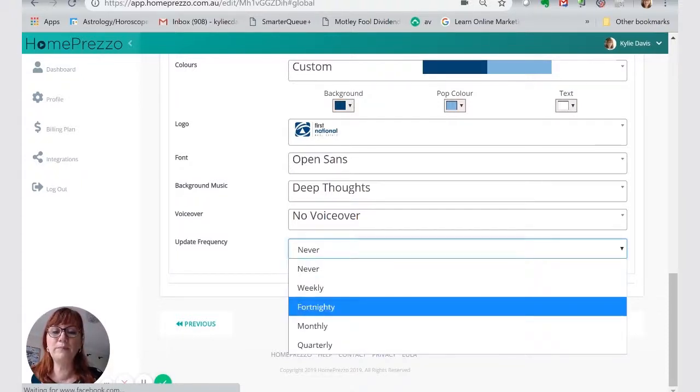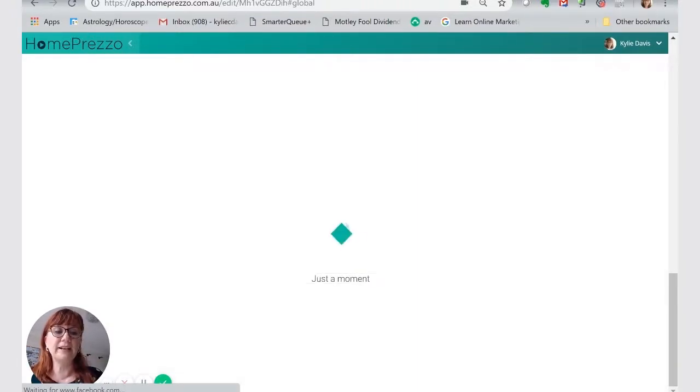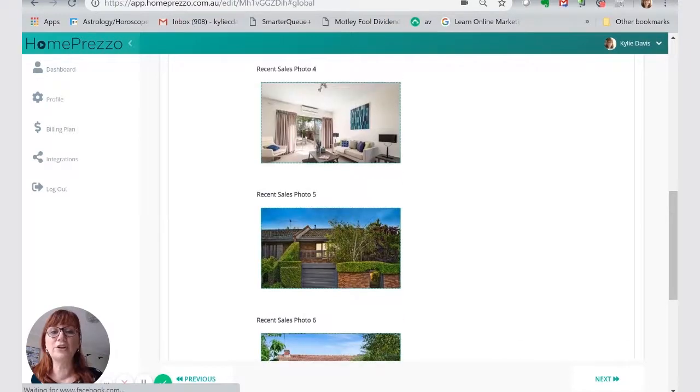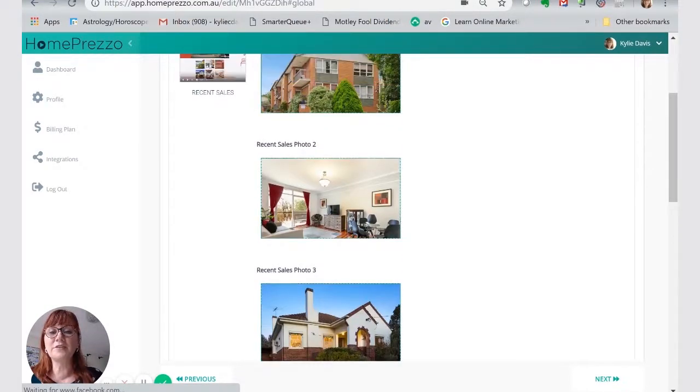But if you put it on to monthly, every time the data changes inside CoreLogic, your video will also update, which is a really cool feature. I click next. This next step, and again, the platform at this point is pulling off the CoreLogic API and identifying all the properties that we chose, and it's giving you the photos that are going to pop up in